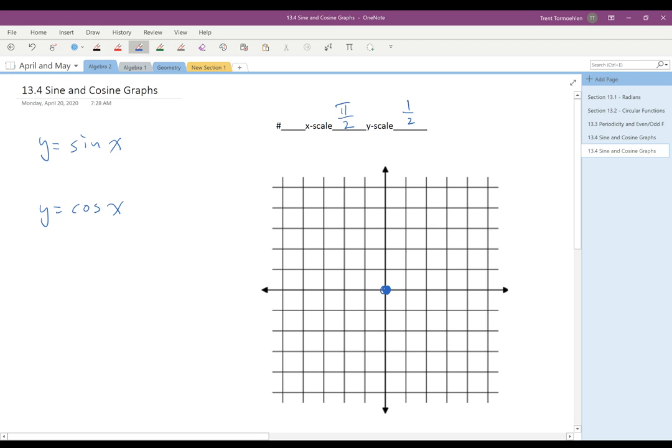And so we just go to that point right there, because each of our vertical lines right now represents a pi over 2 shift. And remember, our period is 2 pi. And so then we go here, and we go here, and we go here. And that's what our sine function looks like. And then our cosine function,